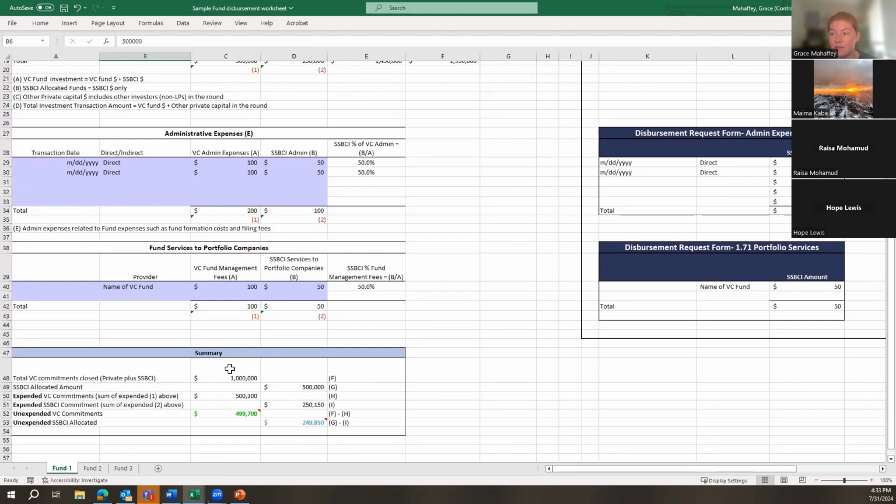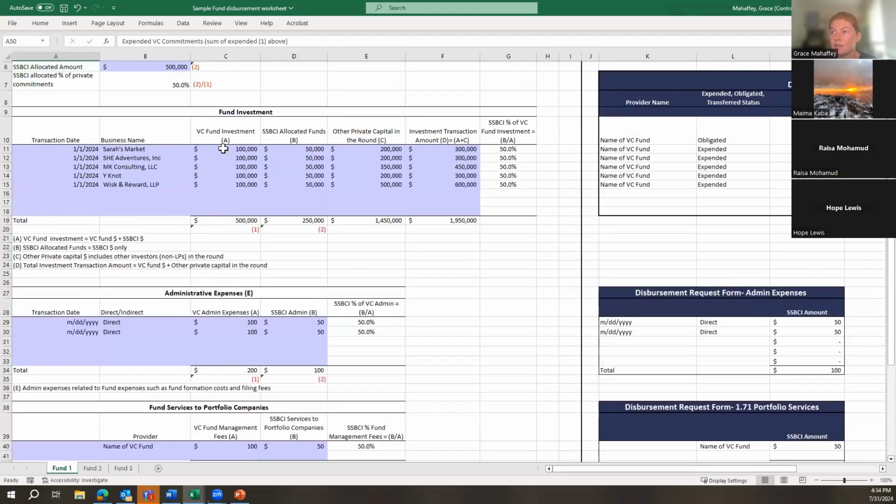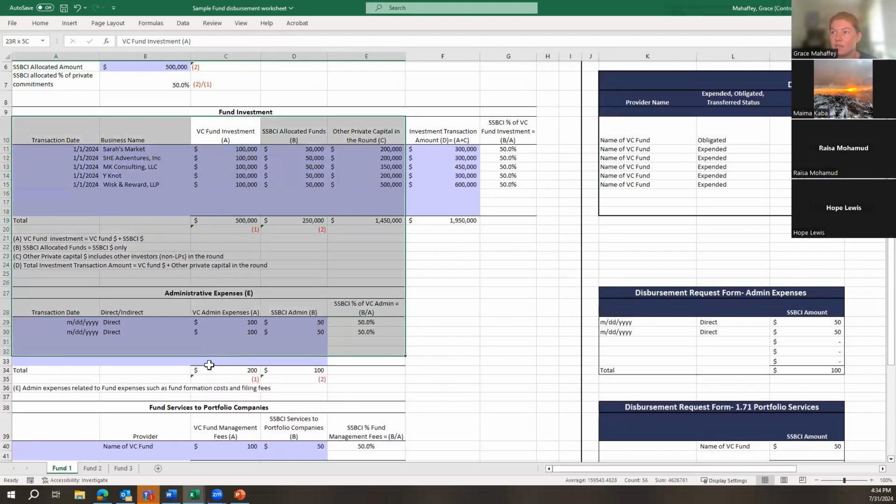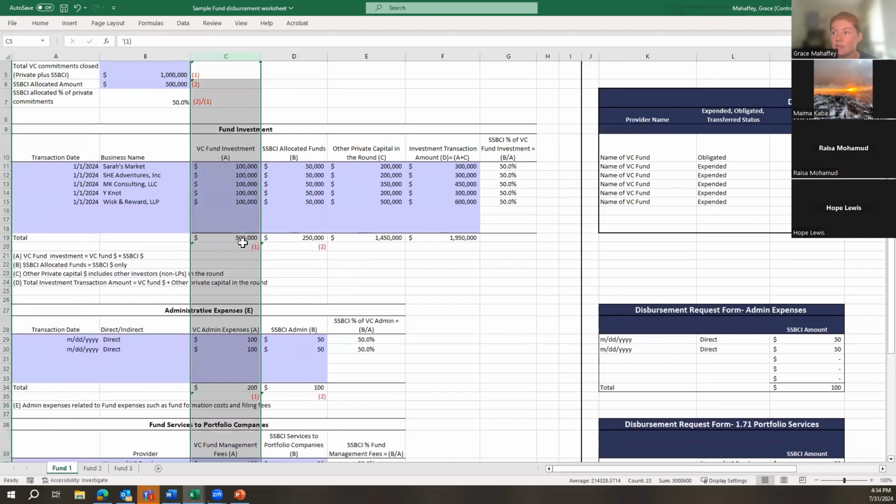So on the fund side and then on the SSBCI side here. Total commitment of the fund, $1 million, and then SSBCI at the 500,000. So in this line here, we have all of the expended VC commitments. This is the sum of number one above here, right? All of this VC in column C,